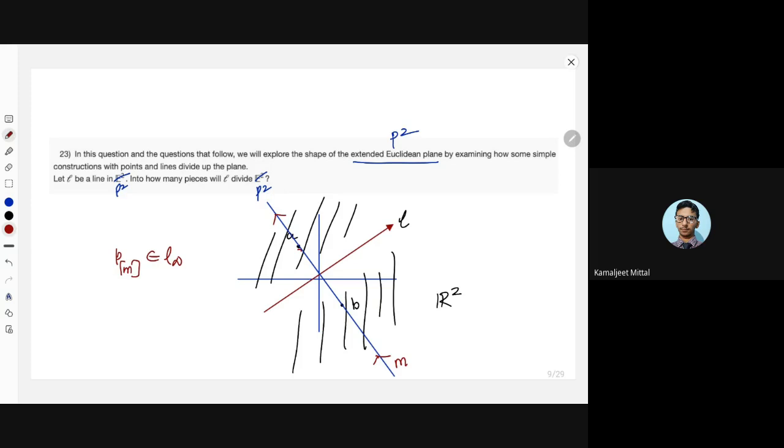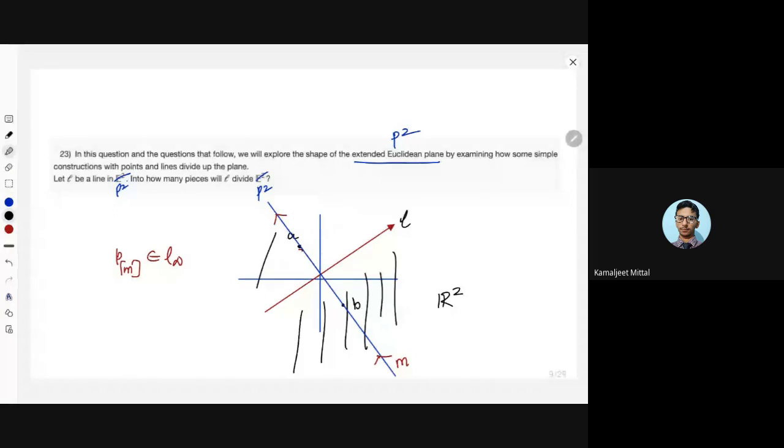So that means, in other words, if I take any point which is on the top half of L, and any point which is in the bottom half of L, I can always find a line which joins these 2 points. And I will go via the point at infinity along this line to come back to this point. So you can try it by yourself also. For example, if I give you this point,